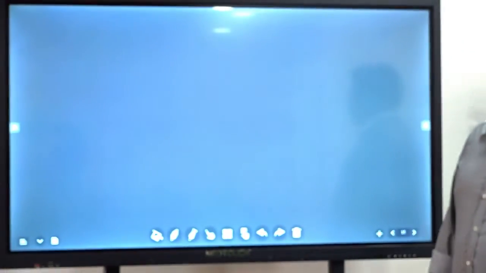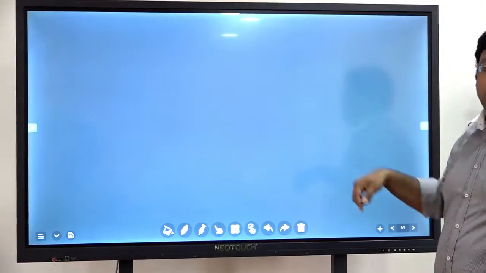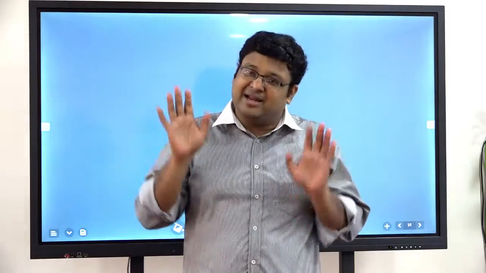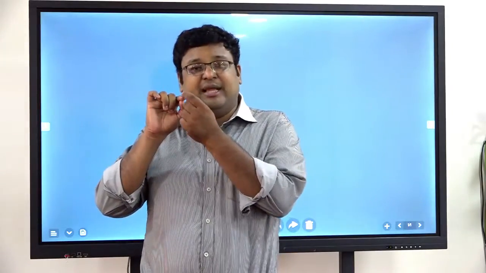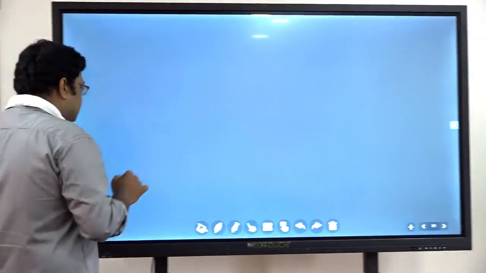As you can see, when I clicked on that particular tab, a new screen has opened. One unique feature of this particular board is that we can use the 10 fingers that we have for writing purposes. We can directly write with our fingers. In some boards, we can write with a pen only. Basically, the surface area of the tip of our finger is evaluated by this particular screen, which helps us to write. So let us see how we can write.